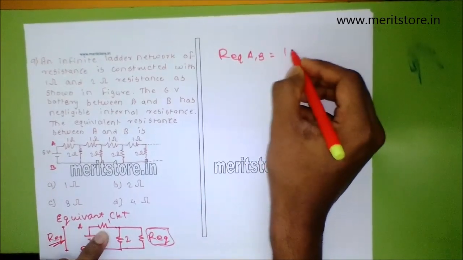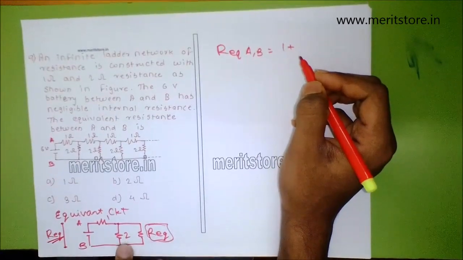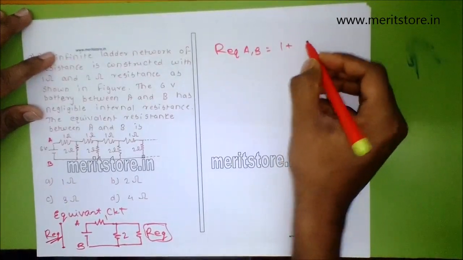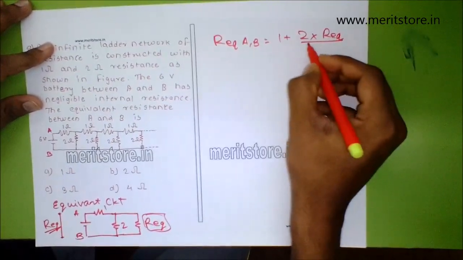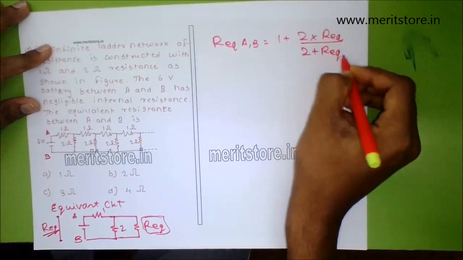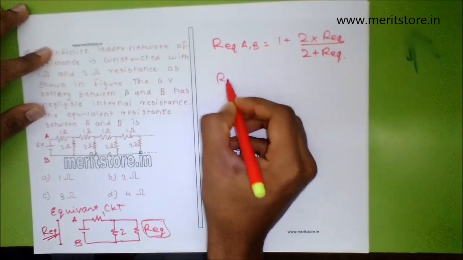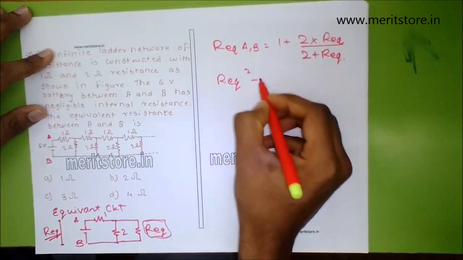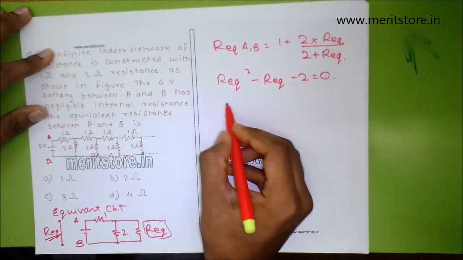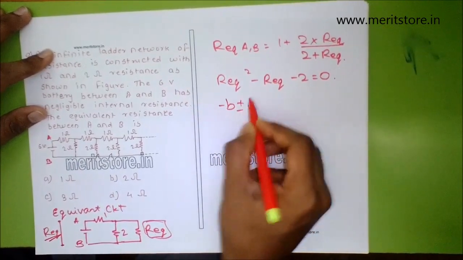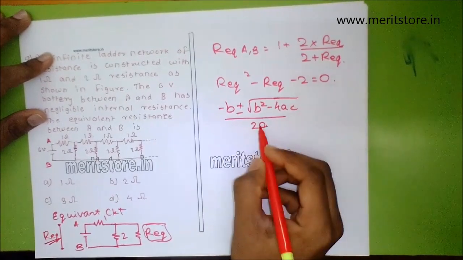Therefore, the value of R equivalent between the points A and B is nothing but this resistance of 1 ohm, which is in series with R equivalent and the 2 ohm resistance, which are in parallel to each other. On solving this equation, we get it in a quadratic form as R equivalent squared minus R equivalent minus 2 is equal to 0. Using the formula minus b plus or minus root of b squared minus 4ac upon 2a to solve this quadratic equation,